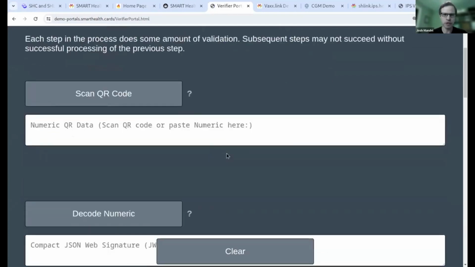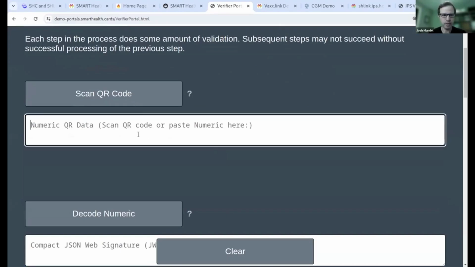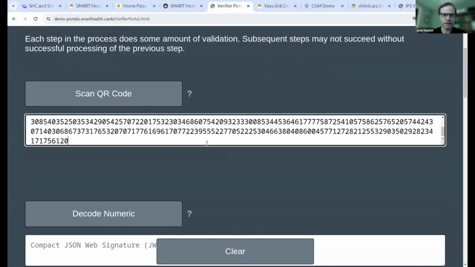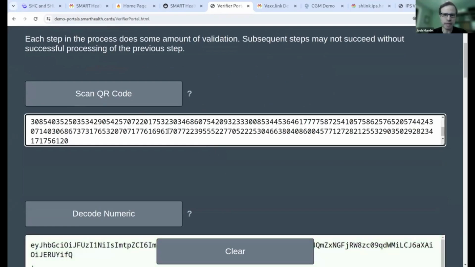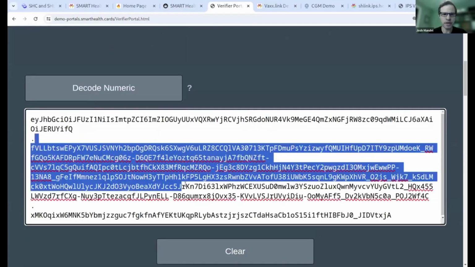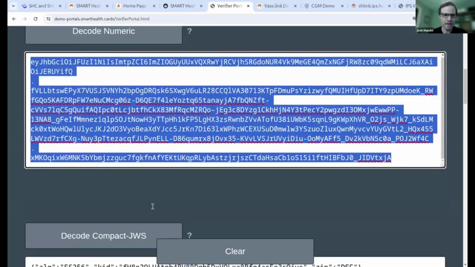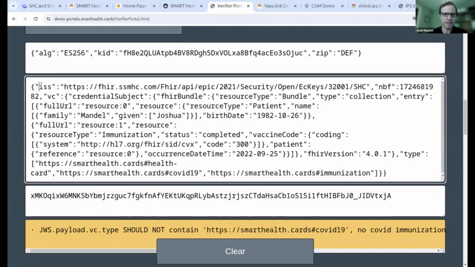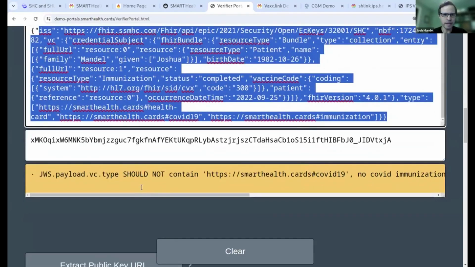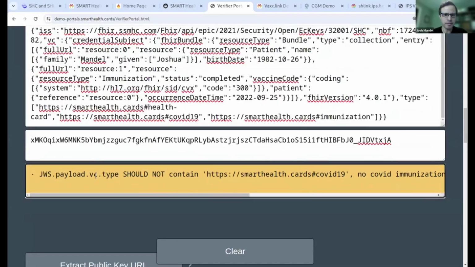If I wasn't already using my webcam to talk with you all, I could scan a QR code and parse it that way, but I just put onto my clipboard the content that would have been parsed. And we can see step-by-step how we go backwards from the QR code into that FHIR bundle. At first, there's a decoding step that gives us this base64 encoded JSON blob. And then there's a decoding step that gives us the full signed payload. We can verify the signature on this and get some helpful information here. Like this is an old style health card that has some additional types assigned to it that we don't recommend anymore. So that help comes in line.